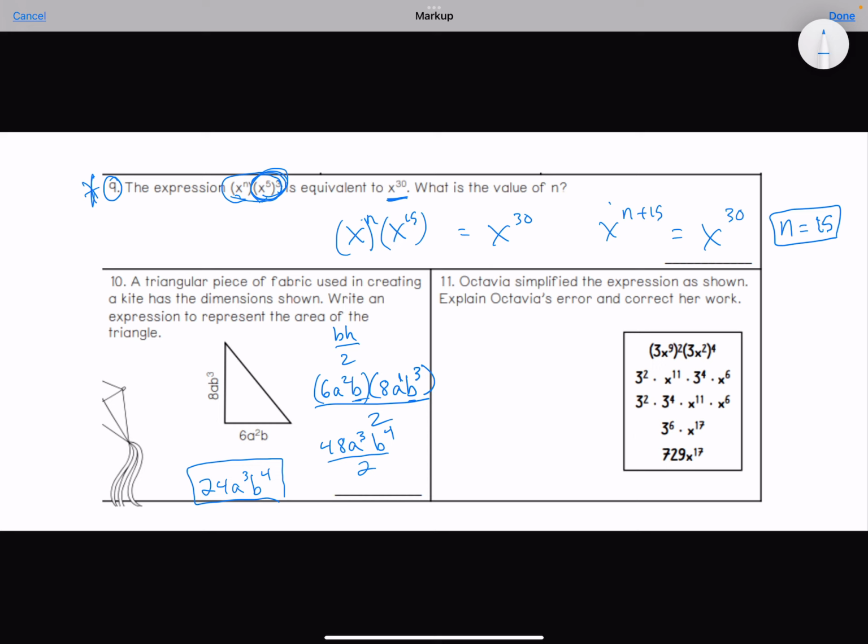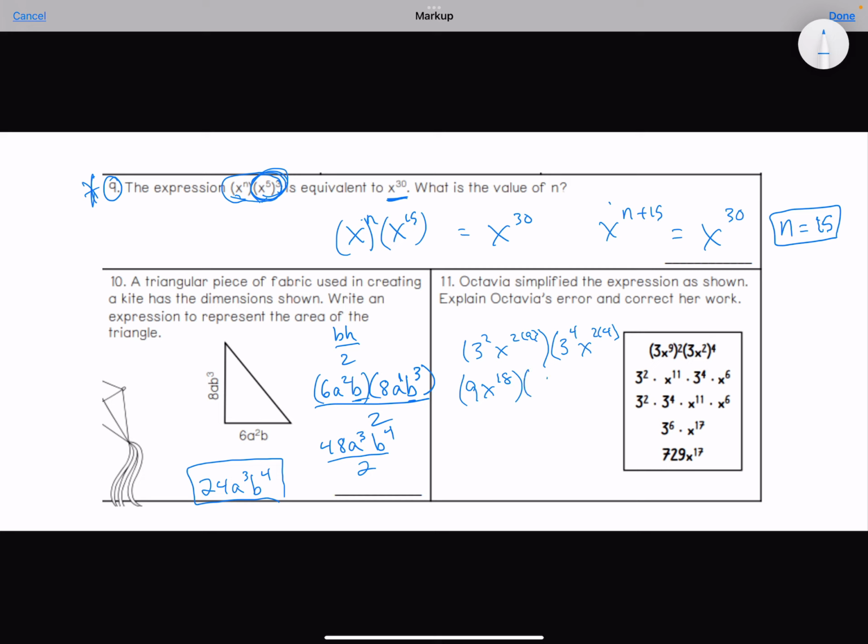So explain, Octavia simplified the expression as shown. Explain Octavia's error and correct her work. So let's check. So 3x to the 9th squared. So 3 squared times x to the 2 times 9, times 3x squared to the 4th power. So 3 to the 4th times x to the 2 times 4. So we have 9x to the 18